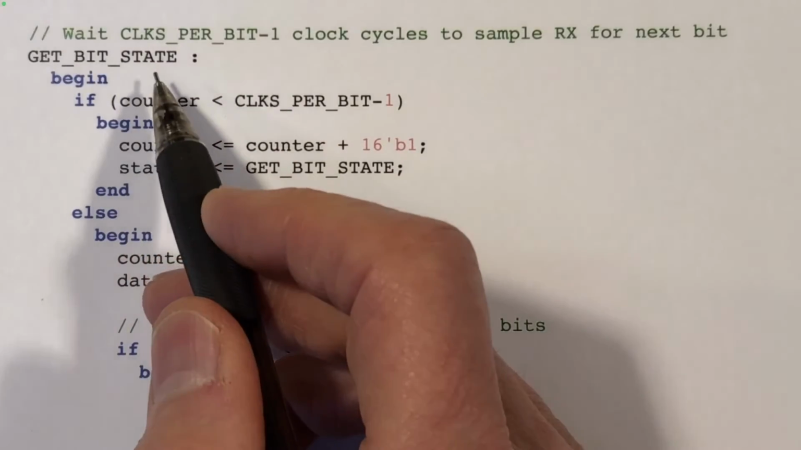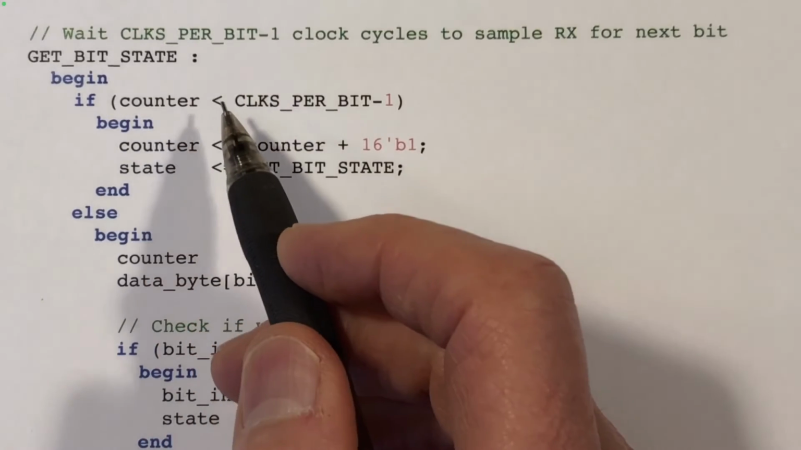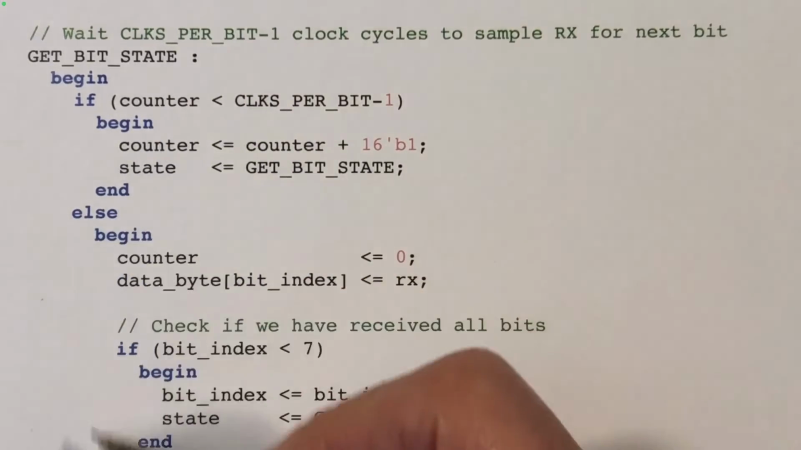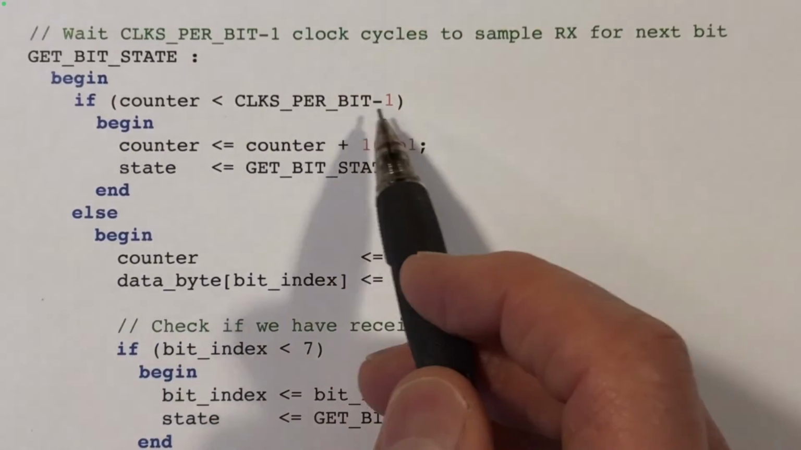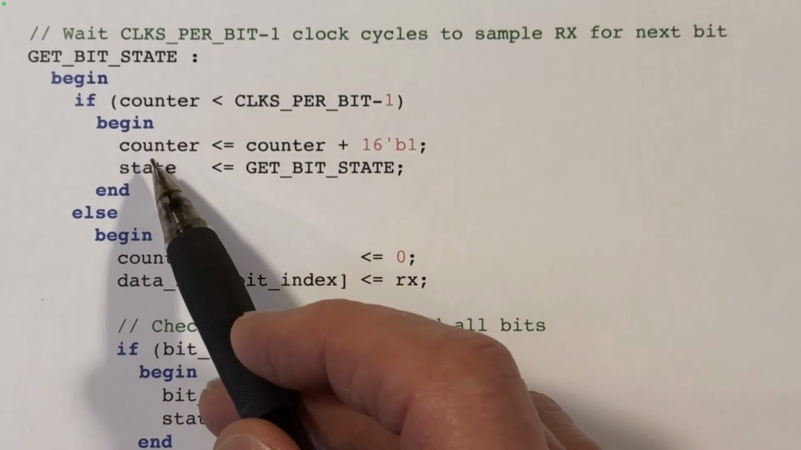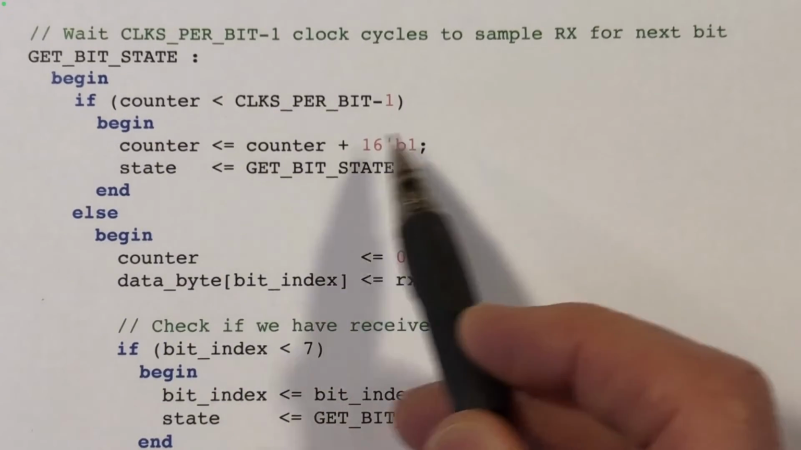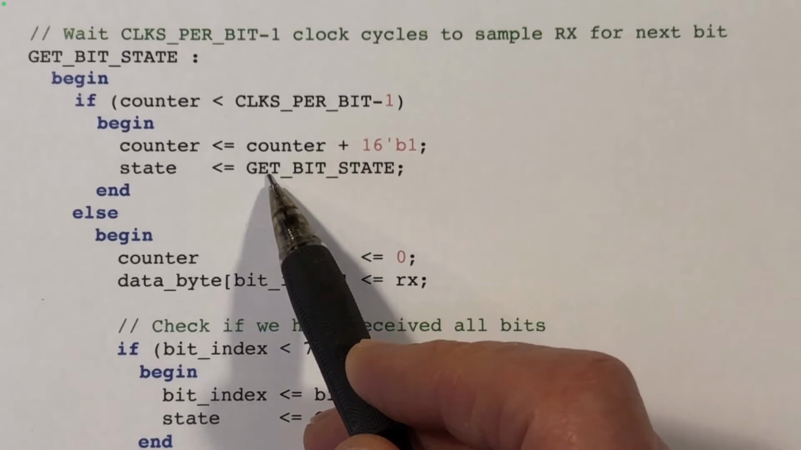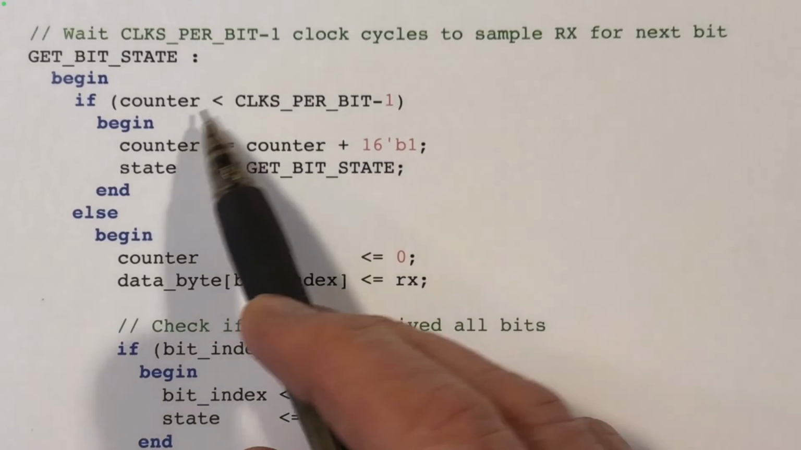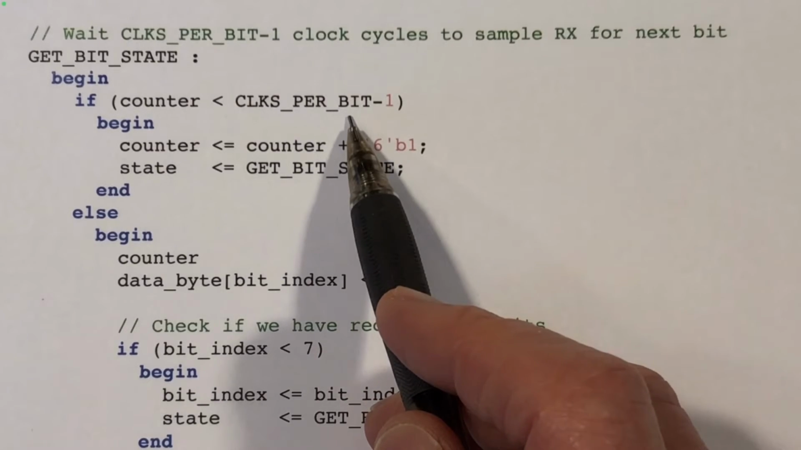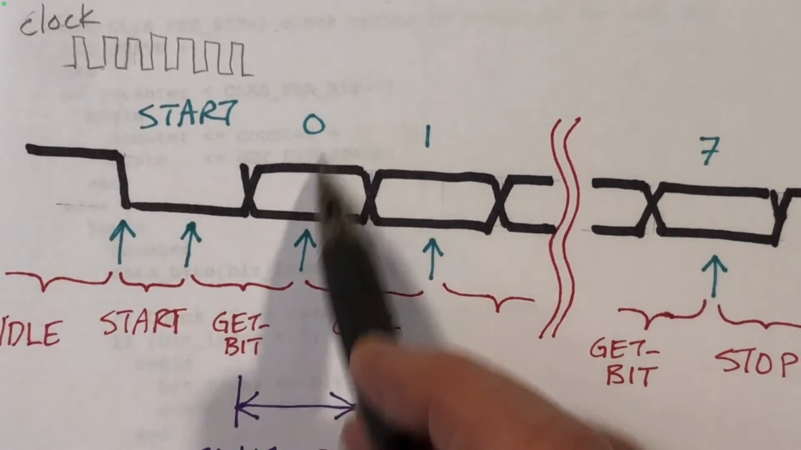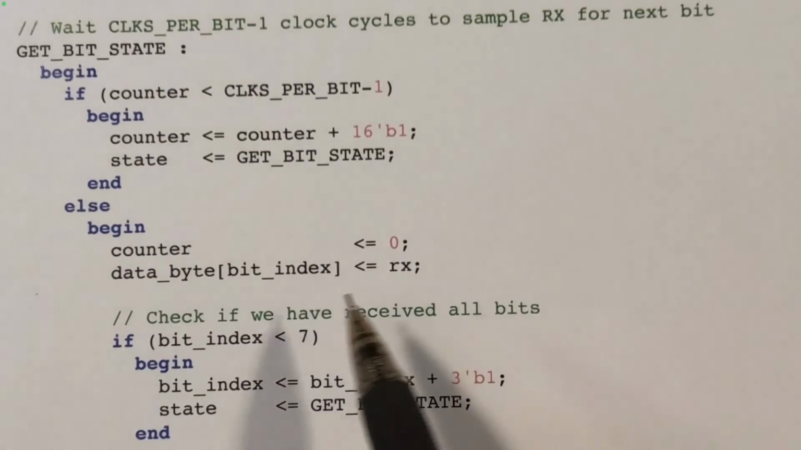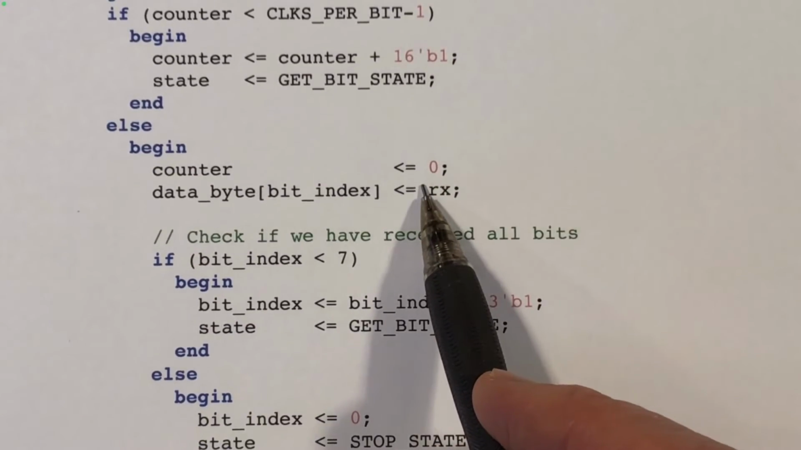In this state, we're either waiting to reach the halfway point in the middle of the bit or not. So we check the counter first, and if the counter is less than the halfway point, then we will simply increment the counter. And of course we stay in the same state, so that's indicated right here. However, when the counter reaches the halfway point, that is, we've gone one full bit period, and we are now in the middle of the first bit or the second bit or whatever, we need to reset the counter and